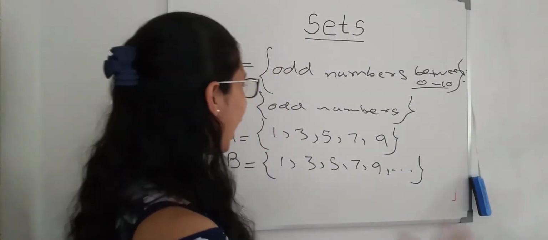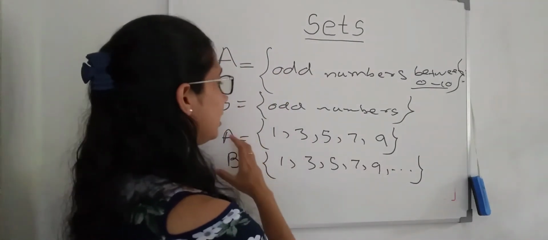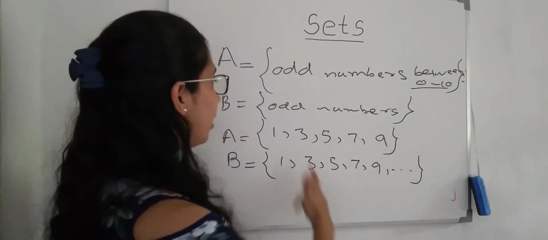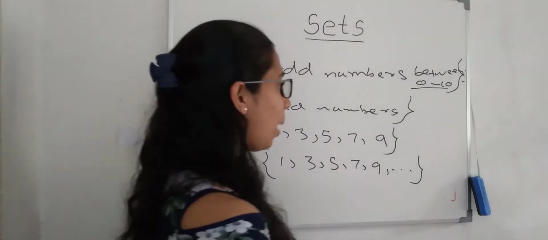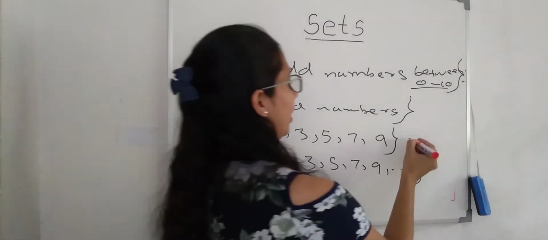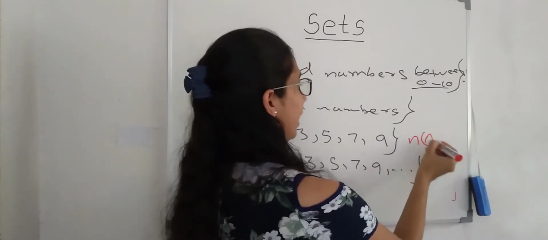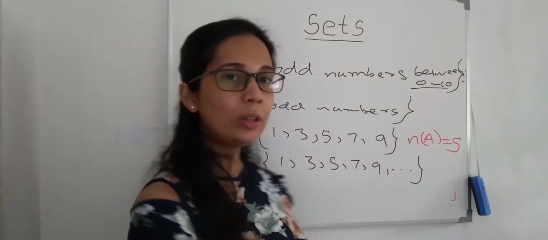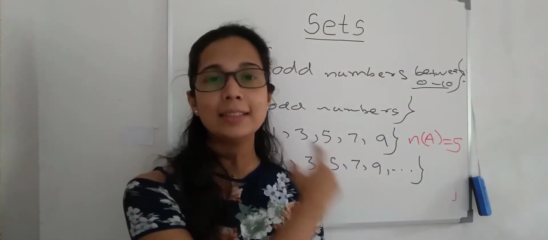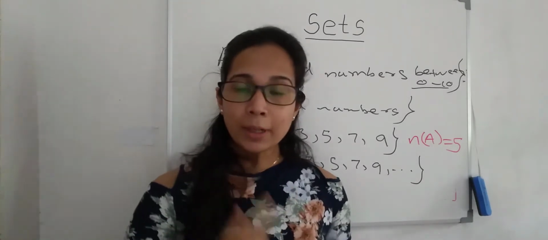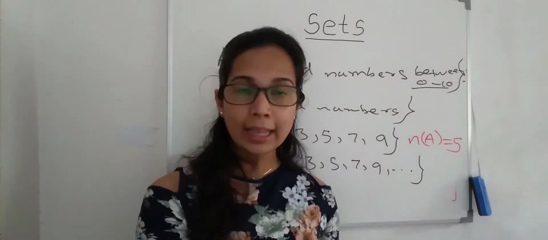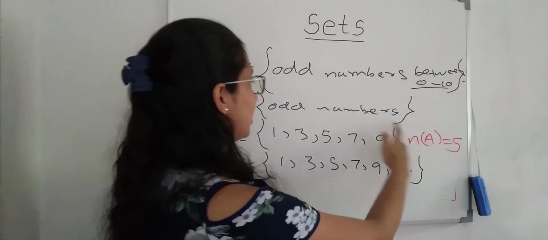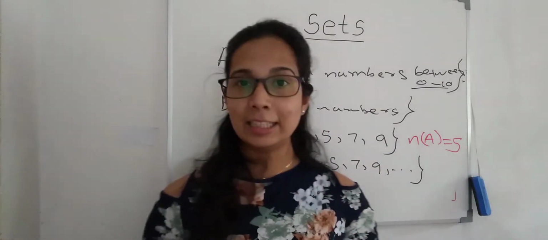Right? So can you count the numbers of elements in the set A? Yes, you can. Obviously you can. So let's count. 1, 2, 3, 4, 5. How many numbers are in set A? Numbers of the set A is 5. So we can count the numbers of the elements in the set A. Why? Because numbers of the elements in the set A is finite. Right? Because of that, we call this kind of set a finite set.